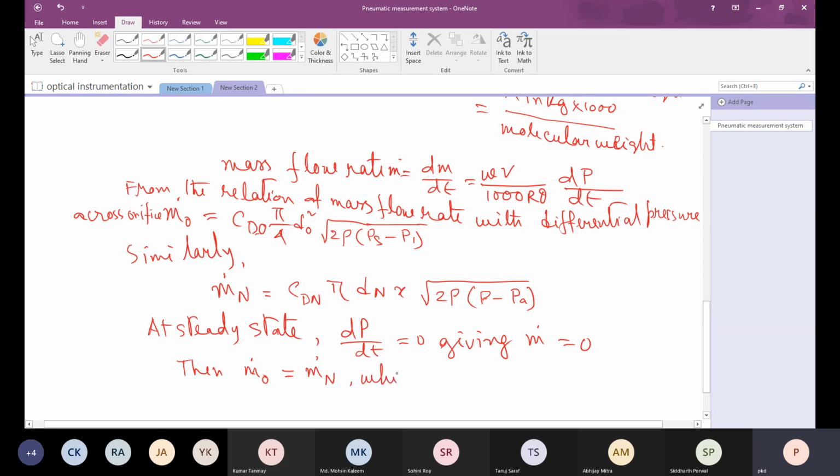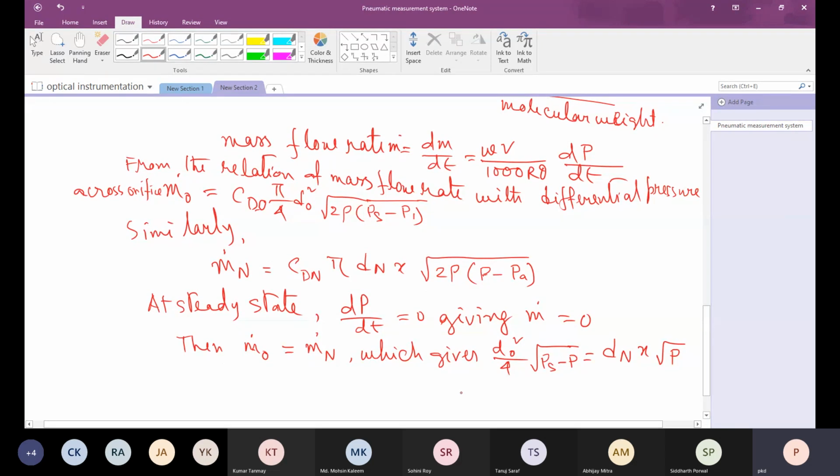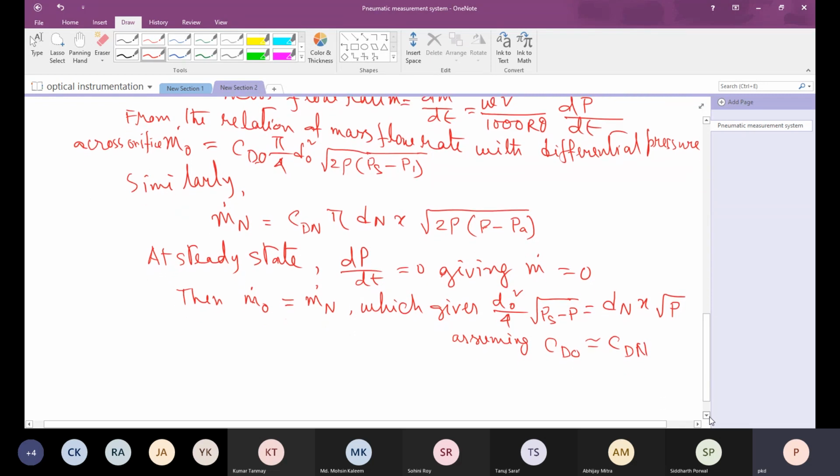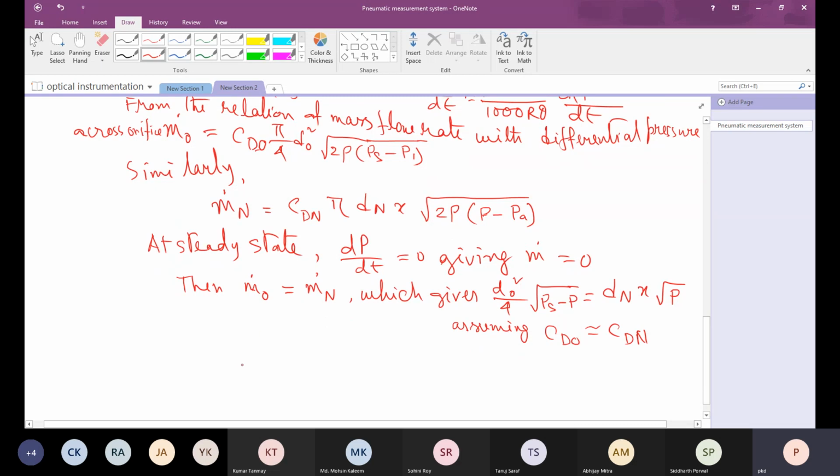So which gives, if we equate, d0 square by 4 into square root of ps minus p, that is equal to dn x into square root of p, assuming CDO and CDN are almost equal, which may not be the case in a practical situation, so we need to have a correction factor there. Now, if we take gauge pressure,